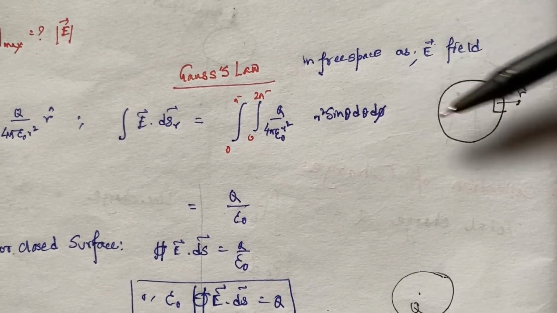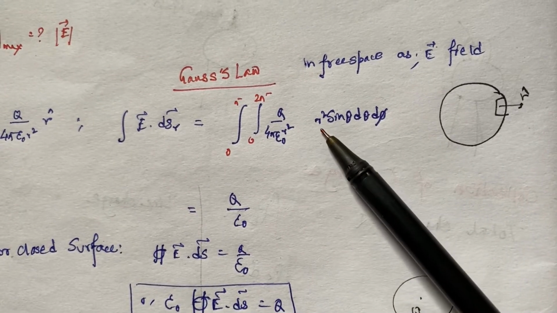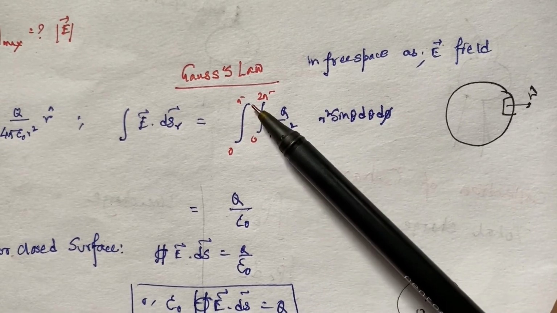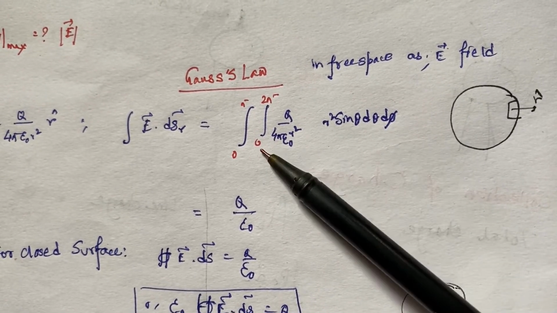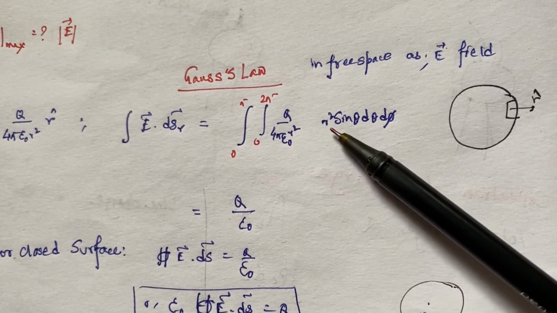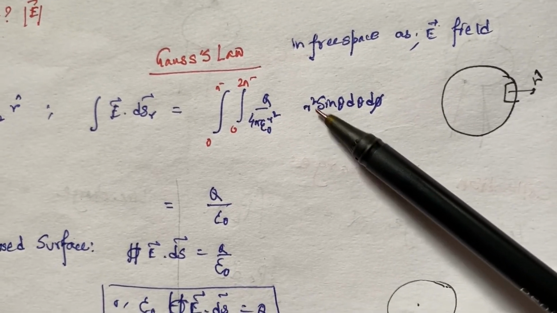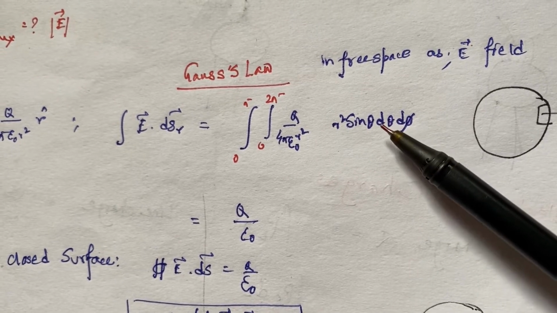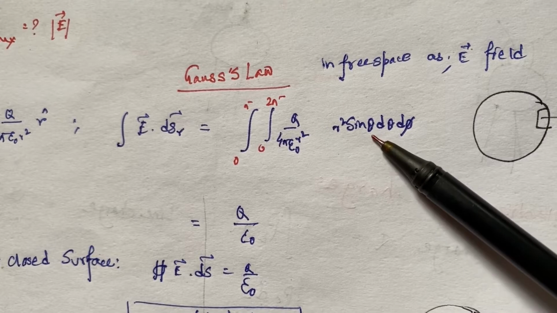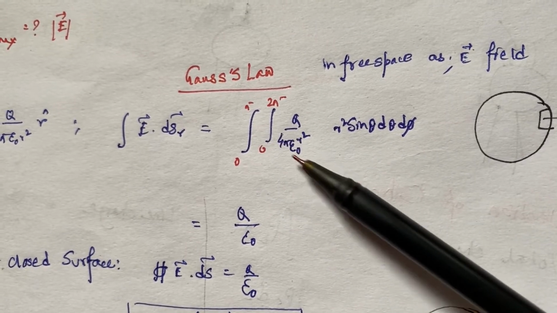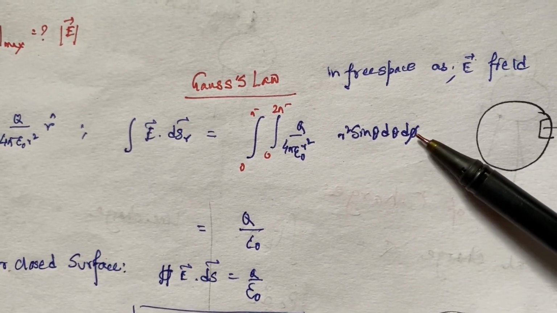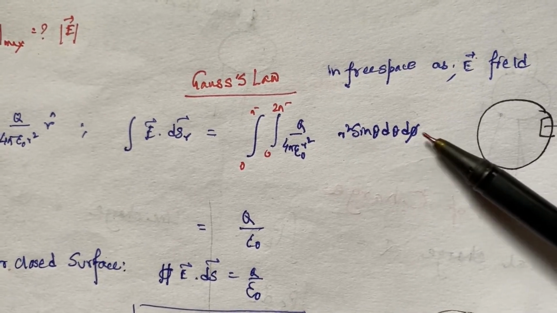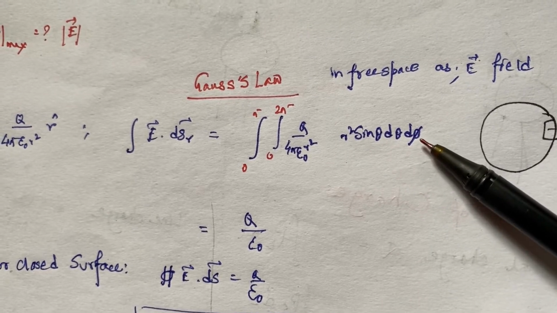spherical surface, then in spherical coordinates, this surface area looks like r square sine theta d theta d phi, and we know that theta has the limit between 0 to pi, whereas phi must be within 0 to 2 pi. This r square and this r square in the numerator cancel out. And if I find the integration of sine theta d theta, it would be minus cos theta, and minus cos theta within the limit of 0 to pi gives me 2. And the integration of d phi gives me twice pi. So basically this angular part, sine theta d theta d phi, gives me 4 pi.